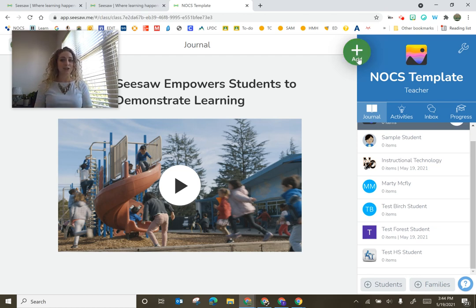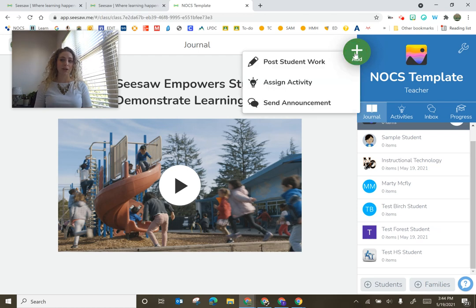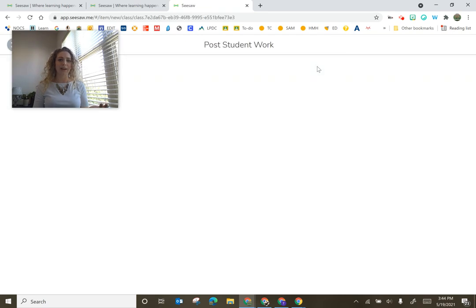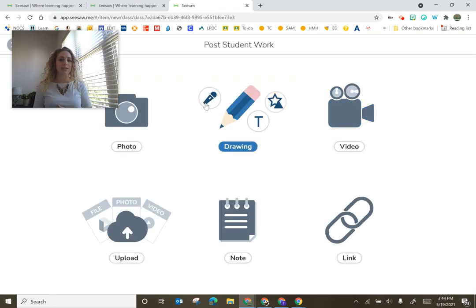Now, as a teacher, I have a giant plus sign up here where I can post work. It allows me to try posting as a student, experience how students demonstrate and share learning in Seesaw. So we're going to start with that. I'm going to make my own post as a teacher. I've got a couple of different options, although probably your best three for blogs would be drawing, which gives you text, shapes, the ability to record, whether it be your screen, your webcam, your audio,